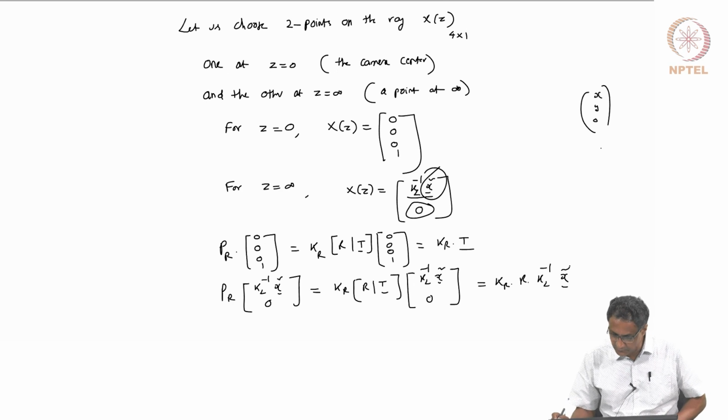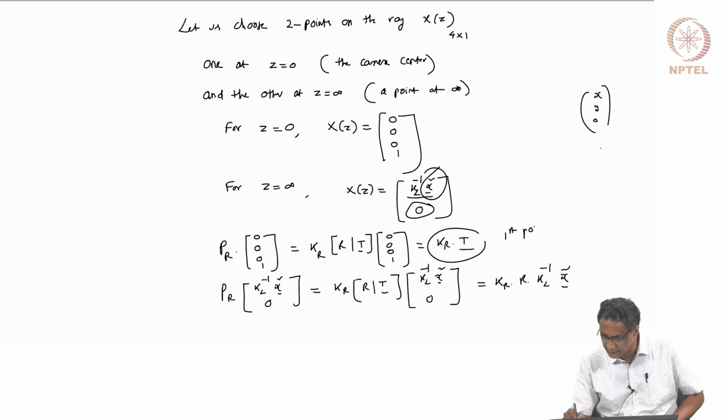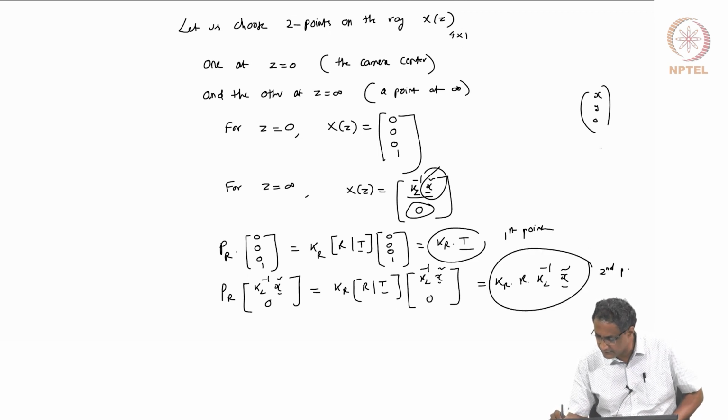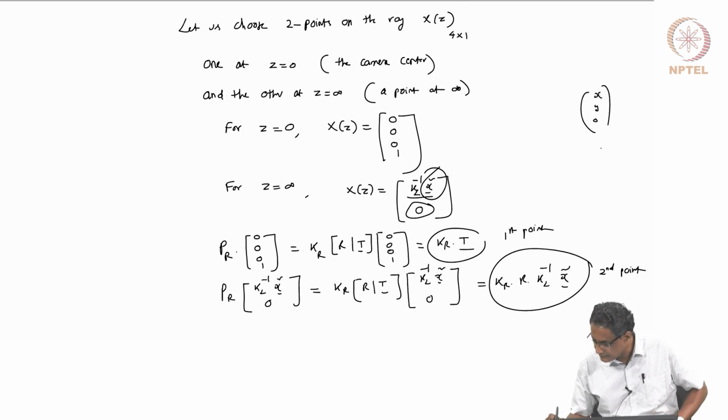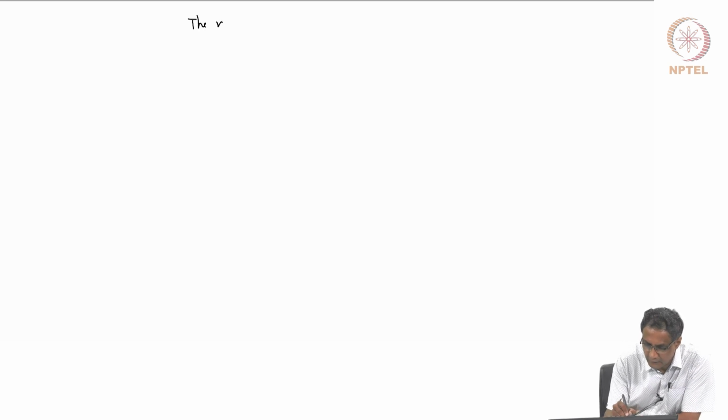Now we have one point, which is the first point in the second image plane. This is the second point in the right camera, and the line passing through them is what we are interested in. That is the cross product of these two, and that will be your right epipolar line for that point. It's for x tilde. So the right epipolar line for x tilde